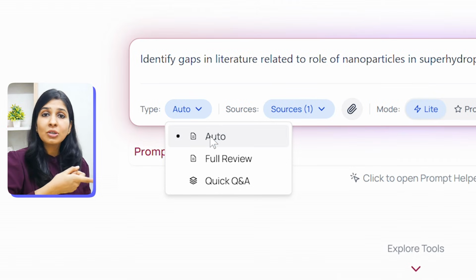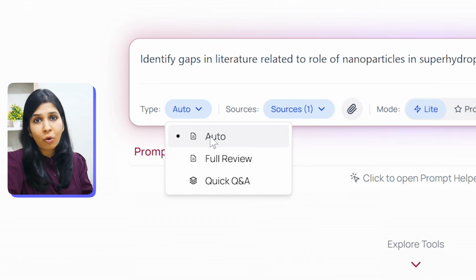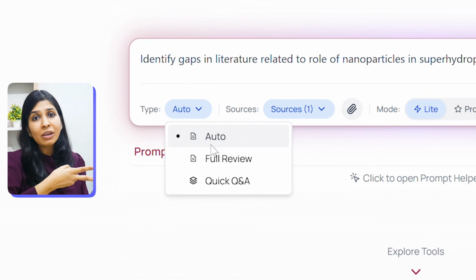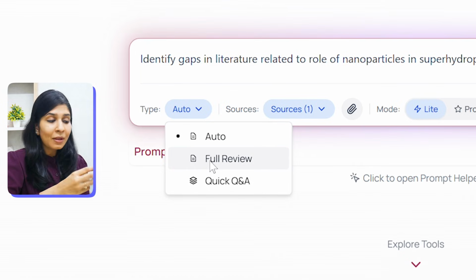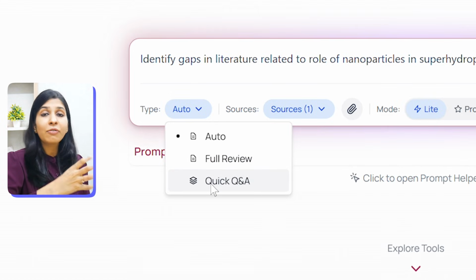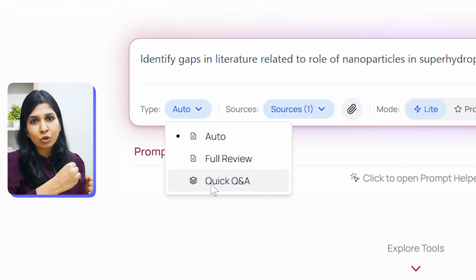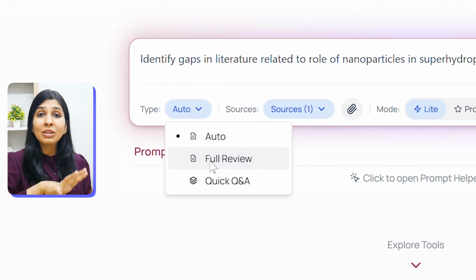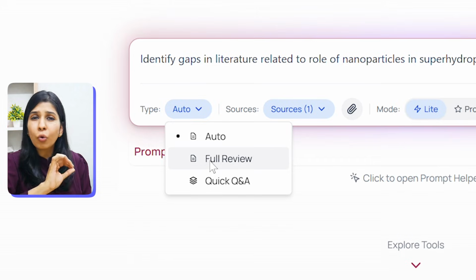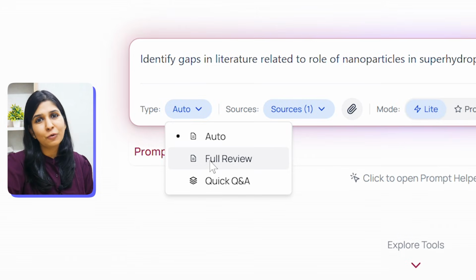So the first option is auto, which is like the default model fed into Answer This. Then we have the full review if I want Answer This to do an in-depth scan. And third is Q&A if I want a quick answer to my research question. For this, I'm going to choose the full review option, and within seconds, Answer This will give me a host of topic ideas on which I can do my research.